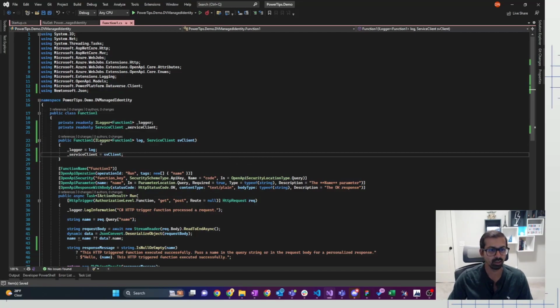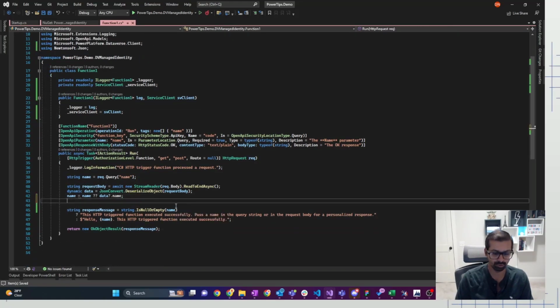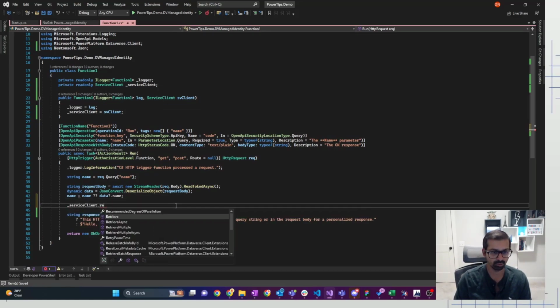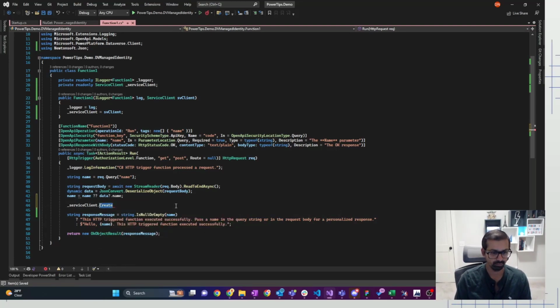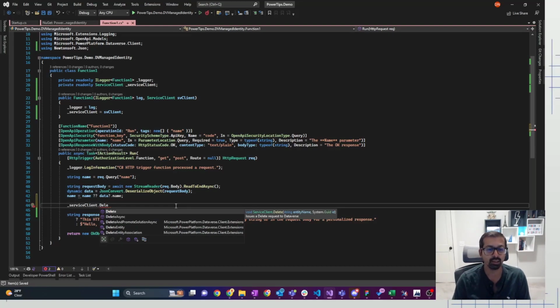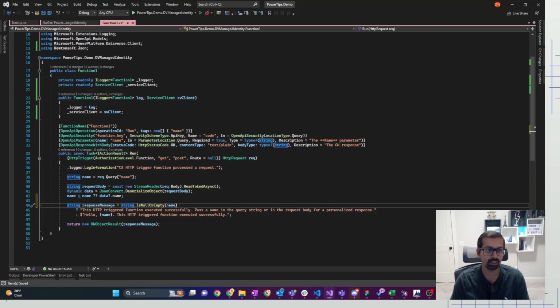Okay, once this is done, then you can use this in your code using _serviceClient.Retrieve. So you have this Retrieve method, you have the Create method, you have the Update method, Delete. All the methods that you have in the service, actually it has more methods than the regular IOrganizationService. So yeah, that's how you configure your Azure Functions using